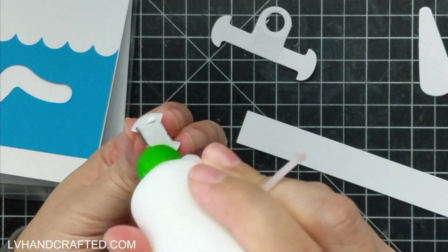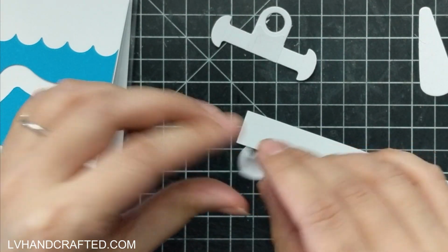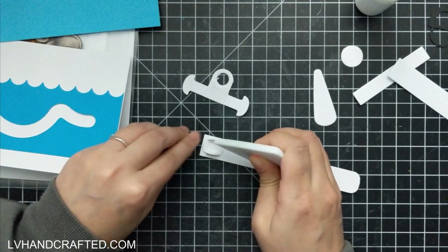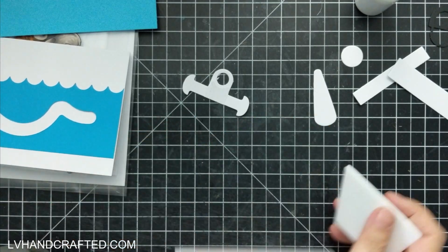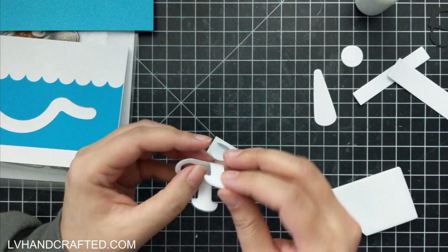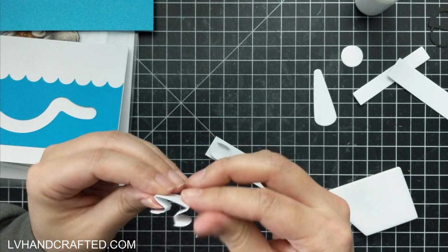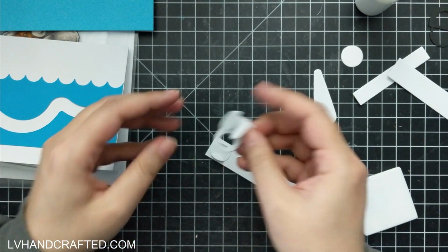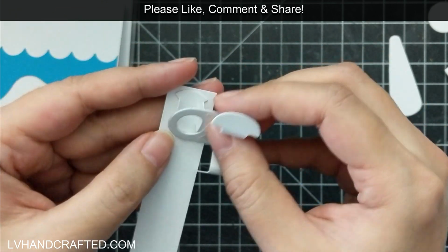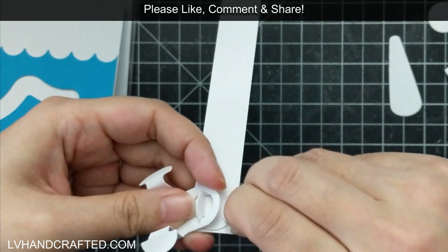So then you take this circle die with the 4 slits and you bend 2 of the opposite tabs upward and then you glue it down, but be sure to push those two flaps up so that they don't get glued down. This piece here becomes kind of the swivel piece that you are going to attach your focal image to, or whatever it is you want to be moving